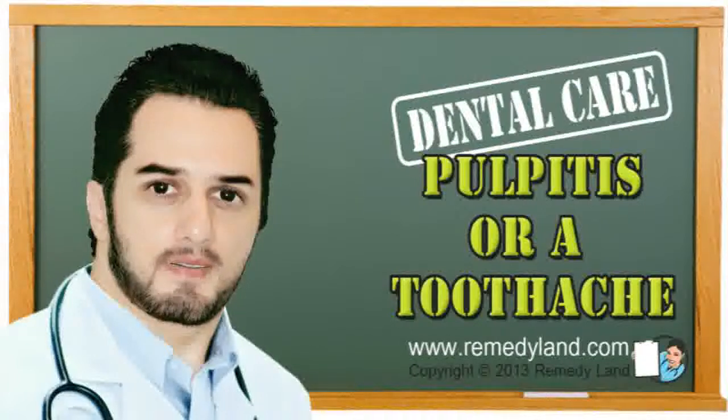Today I want to talk to you about toothache. Pulpitis results from an inflammatory reaction of the pulp inside the tooth. The pulp belongs to the interior of the tooth, containing cells and nerves. Just like many bacterial infections, the human body responds with raised blood flow, and the delivering blood vessels enlarge.